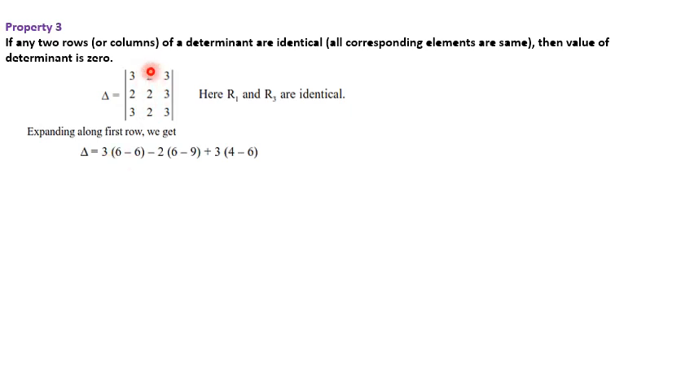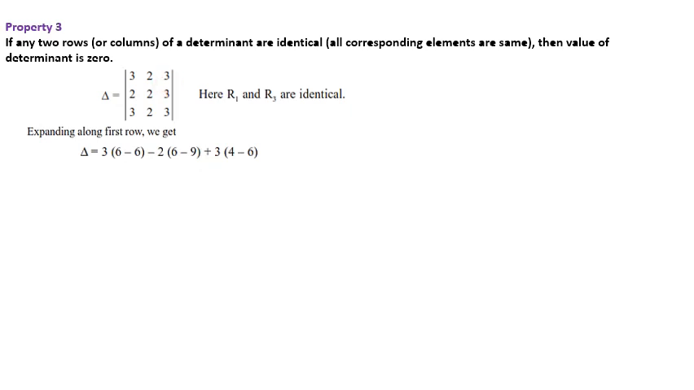Second element is 2, and 2 is negative because it is first row second element, 1 plus 2 is 3, 3 is an odd number, that's why it is minus. Minus 2 into, row and column gone, that is 3 into 2 is 6, minus 3 into 3 is 9, 6 minus 9. Next element is plus 3, the sign is plus because it is first row third element,